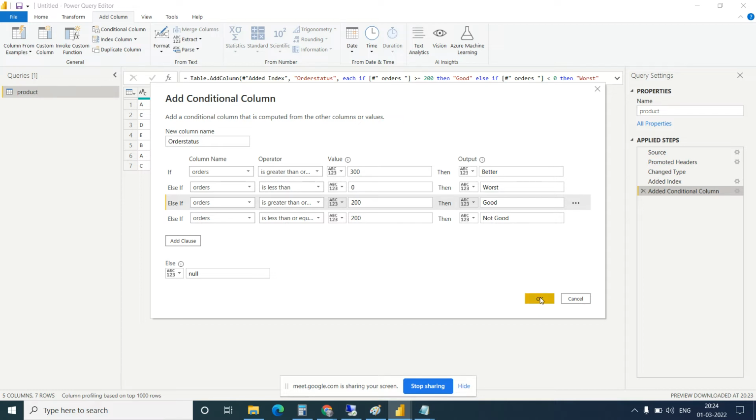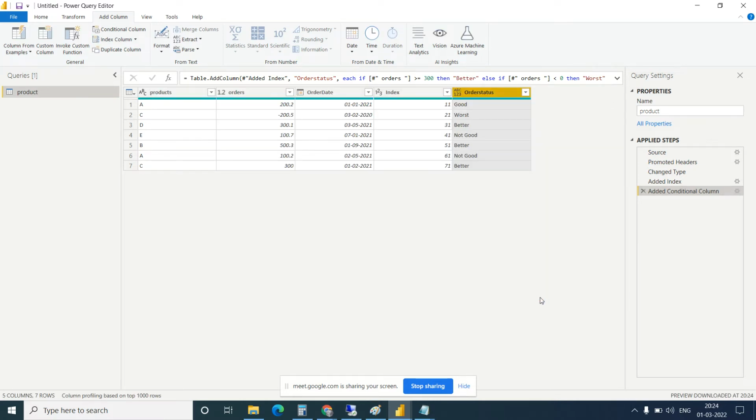So okay, now more than 200 is good, less than 0, then better, okay, then not good, okay, then better, not good, better. Okay, so these are the conditions we have. So any confusion on this?